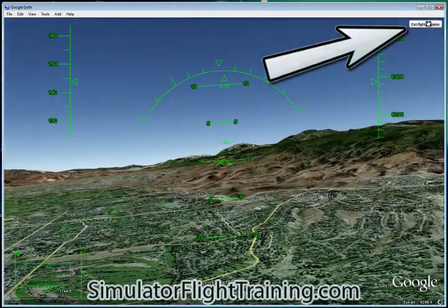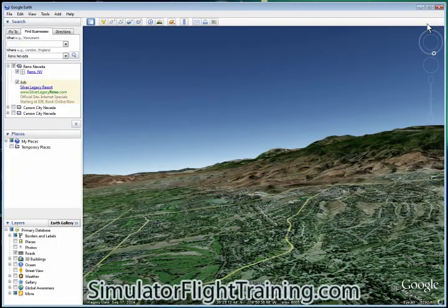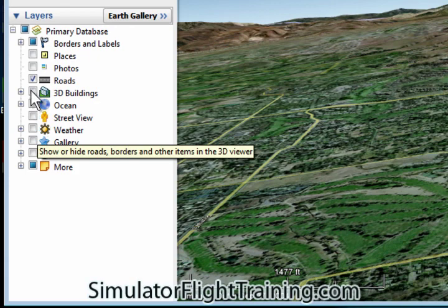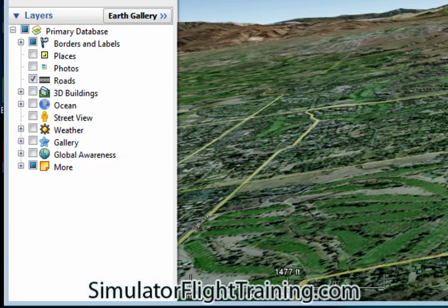So if we go up here to Exit Flight Simulator, we're back in Google Earth here. And of course, in Google Earth, this is where you can play with your borders. Here I've got roads checked so that you actually can see the roads are actually labeled here, and